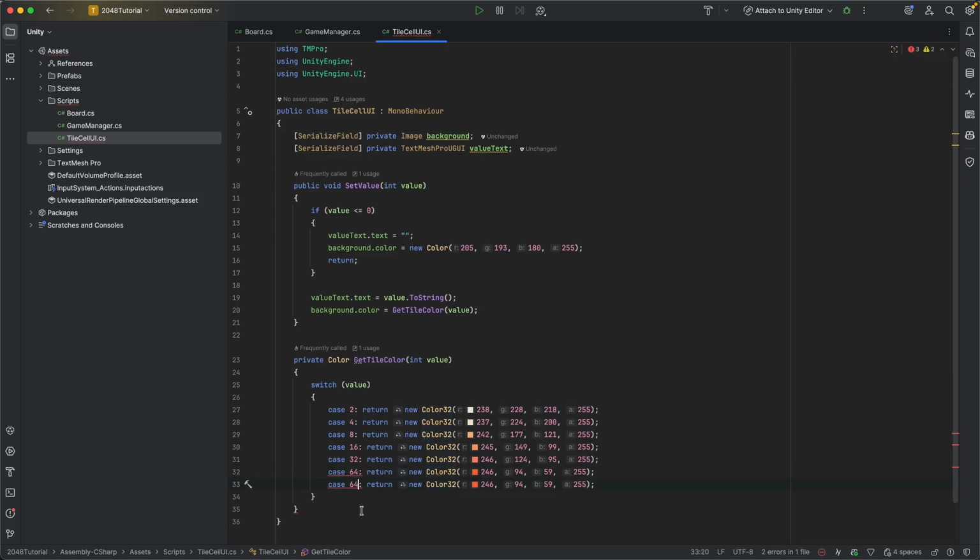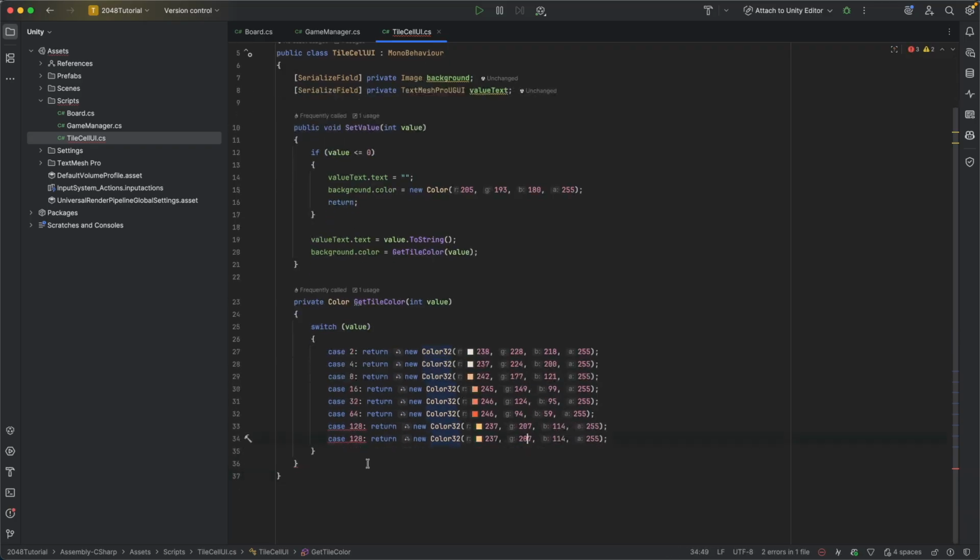Okay, for value 128, let's put maybe some orange or yellow: 237, 207, 114. For value 256, 237, 204, 97. Okay, maybe one more for value